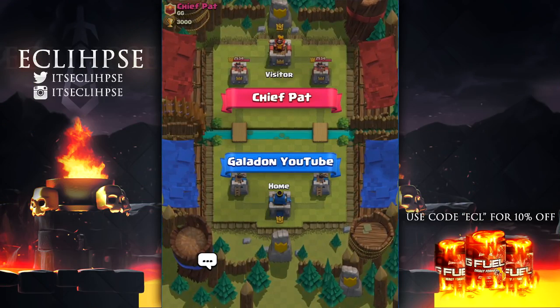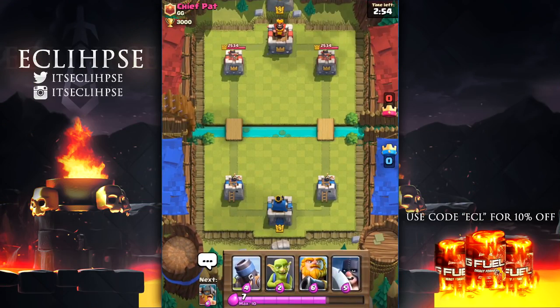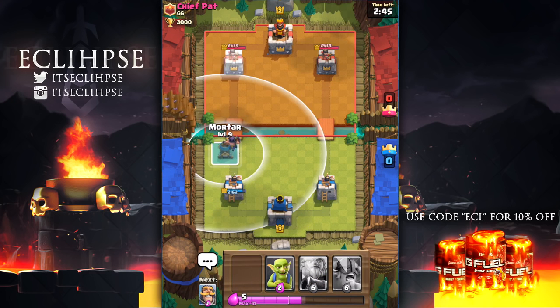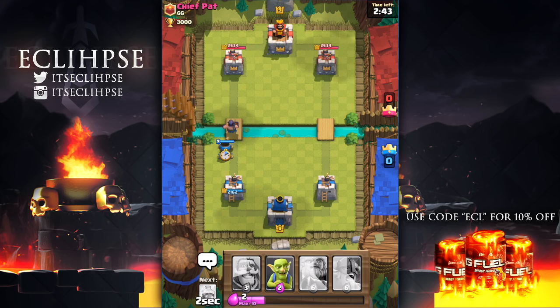We are now entering another battle from Galadon and Chief Pat, and oh my god, what deck is Galadon using? He has a mortar plus a royal giant. Oh my god, I don't even know where to start about this. So he has an executioner and mortar combo right there. Galadon has some goblins to take care of that miner, but Pat has an executioner, and yeah, he's trying to